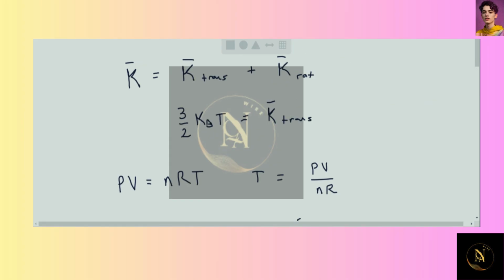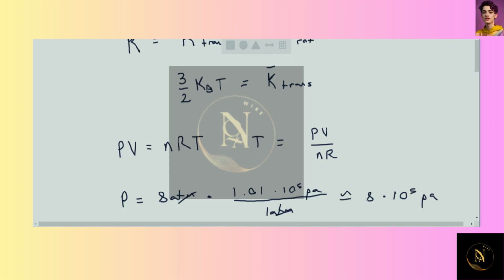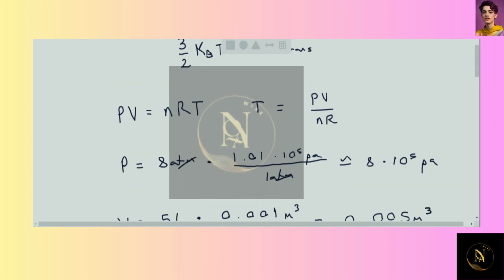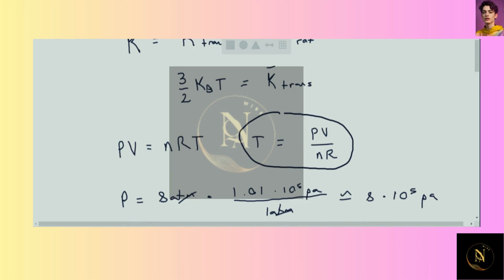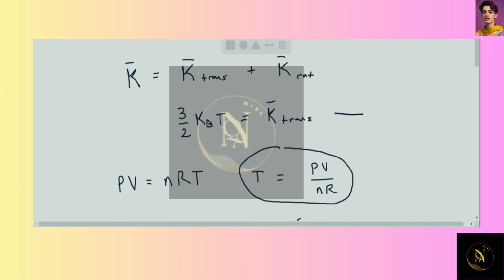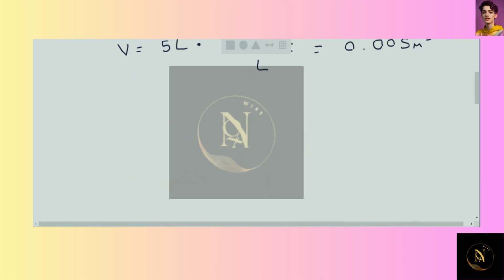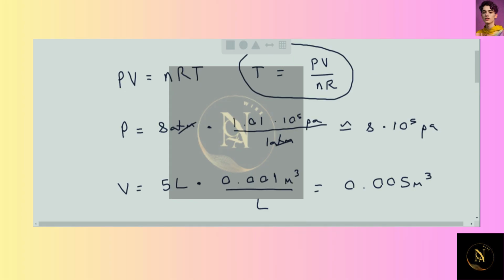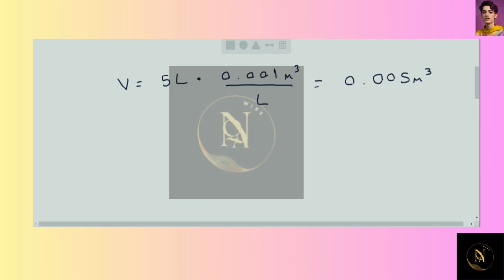So now, we could substitute our expression for the temperature into our expression for the average translational kinetic energy, or we can just solve for the temperature first and then plug that value in. And if we calculate that temperature, it comes out to about 243 degrees Kelvin,